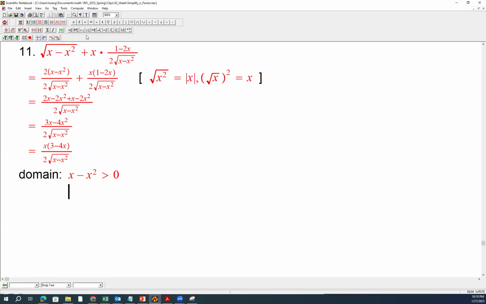I've got some quickies for you. So x minus x squared greater than 0. You can see this involves solving a quadratic. If we set this equal to 0, we get two crossings, but we know this is a quadratic. Quadratics show up very often